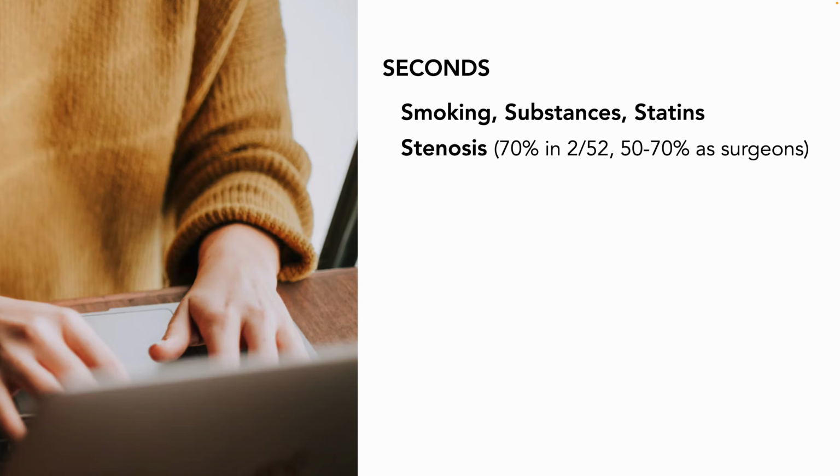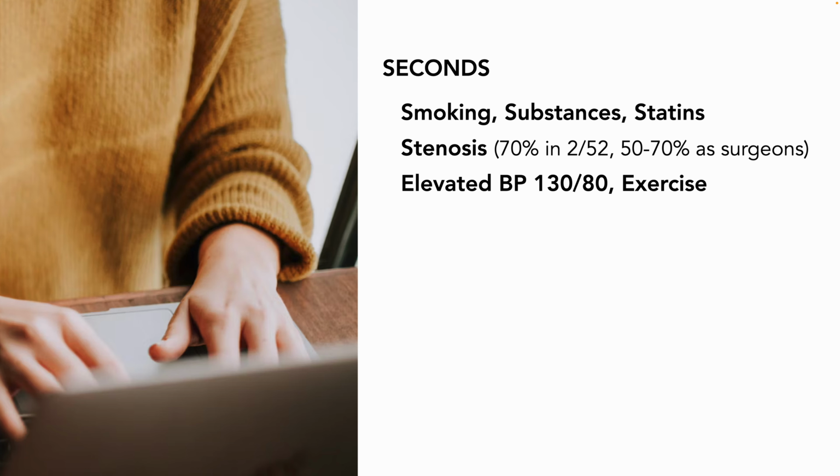Statin optimization, they're going to be on the secondary prevention dose, which is much higher. And then stenosis. So if it's 70% carotid artery stenosis, they need to have an intervention within 2 weeks, depending on what the surgeons want. It could be CAS or CEA. And then at 50 to 70% asymptomatic, the surgeons will decide whether it's worth it, because these interventions are actually quite aggressive. A good percentage of patients stroke on it. So you need to weigh up the risks. And if the pros and cons, risk assessment are about 6%, they tend to intervene.